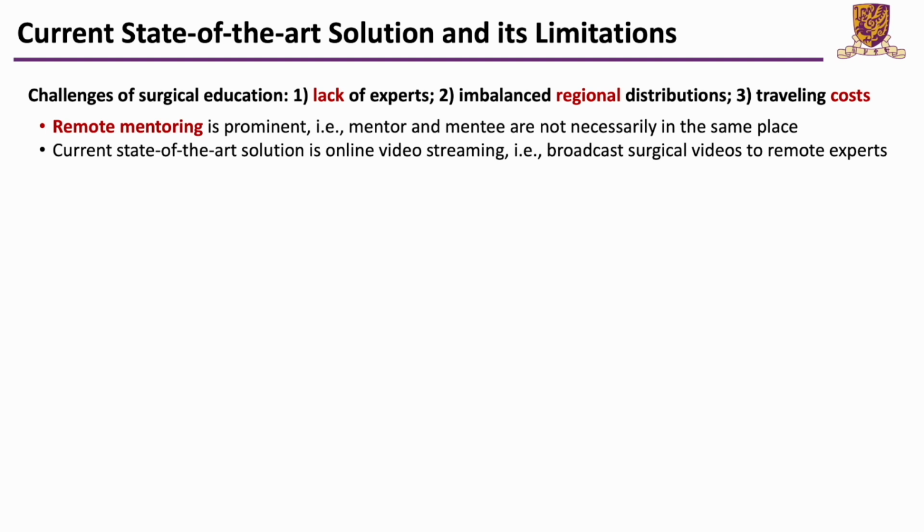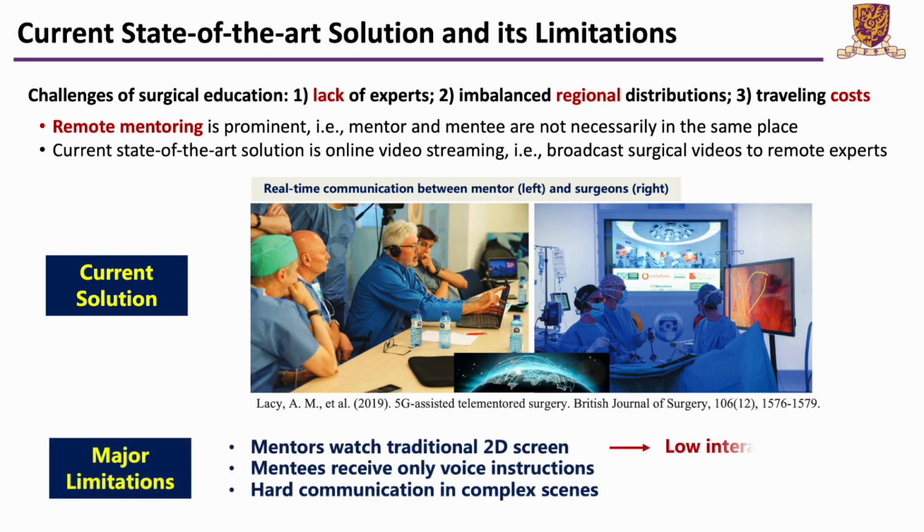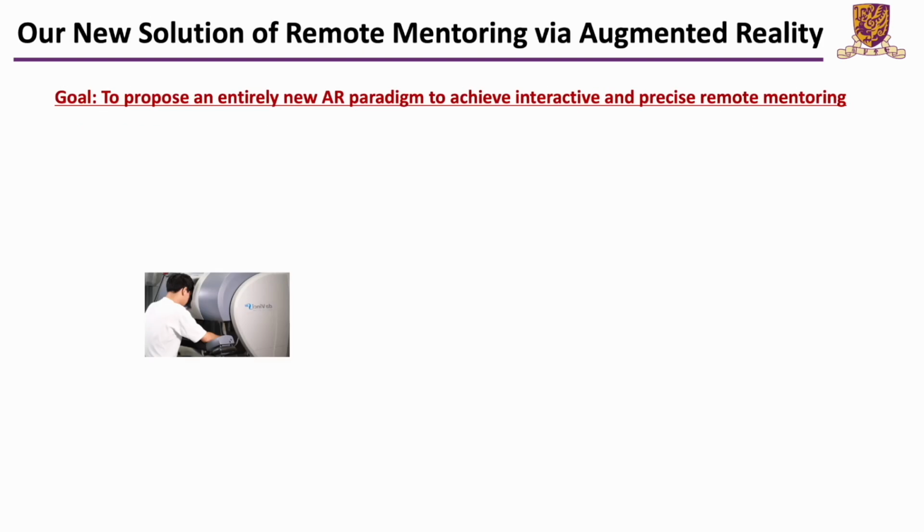The current solution for teaching is online video streaming, as shown in this picture. Remote experts watch the broadcast video and give voice instructions. Despite being useful, such a style has limitations of low interactivity, not intuitive, and hard to communicate when encountering some complex situations. Therefore, to solve these limitations, we propose a new solution of remote mentoring, by developing an augmented reality-based